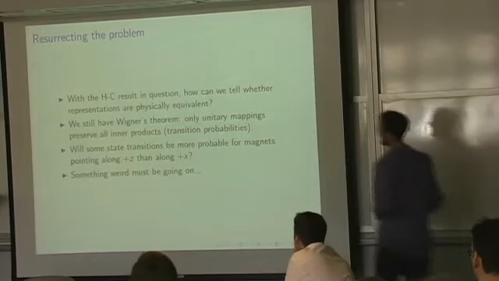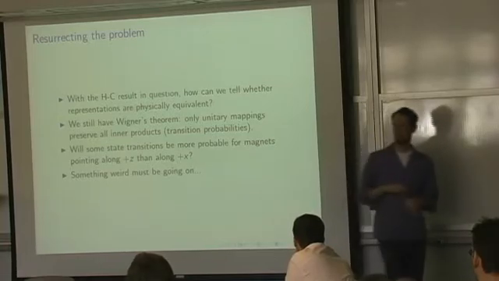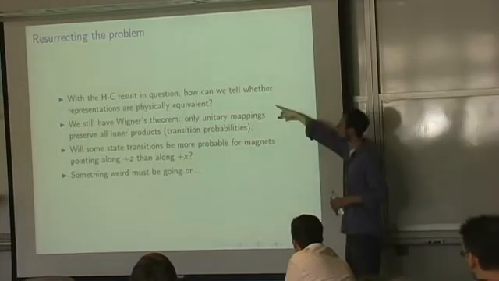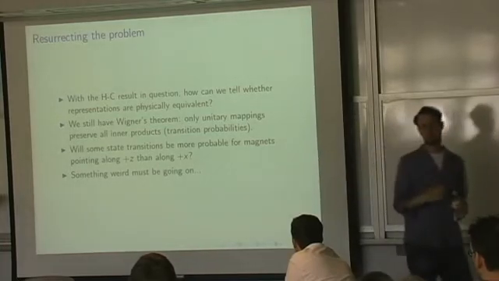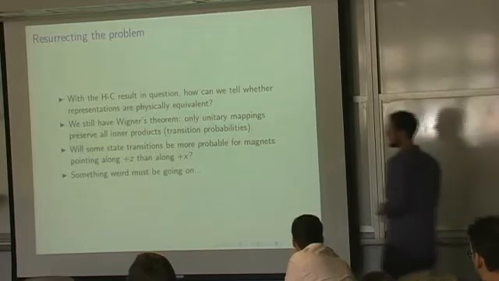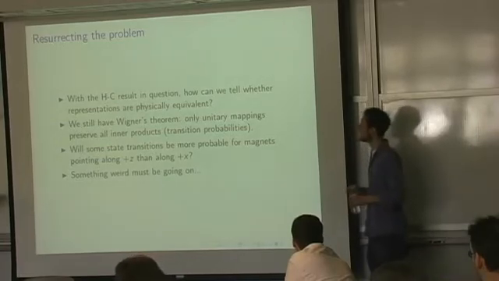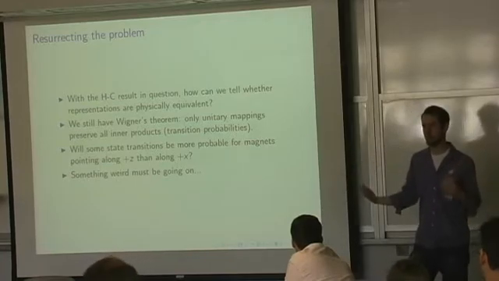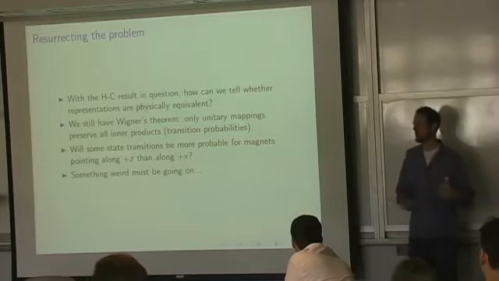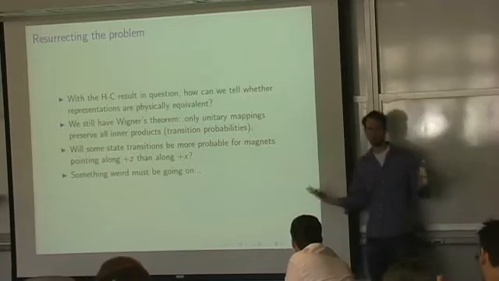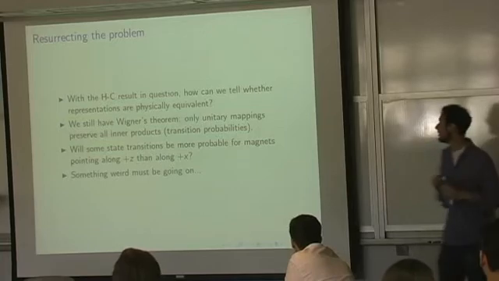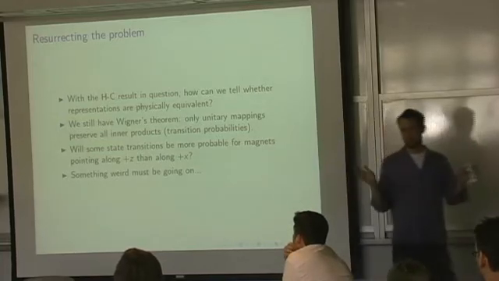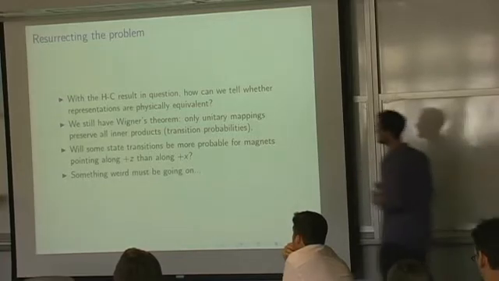I'm worried that we're not. And this gets into the part of the paper that I don't have as well worked out, the speculative part. So we're questioning the Halvorson-Clifton result, and it looks like it hasn't stood up to that question. How do we find out whether inequivalent representations of the commutation relations are physically equivalent? How do we find out whether the states in those representations are describing the same possibilities? Are we left adrift? Well, one thing we still have, which is definitely true, is Wigner's theorem, which tells us